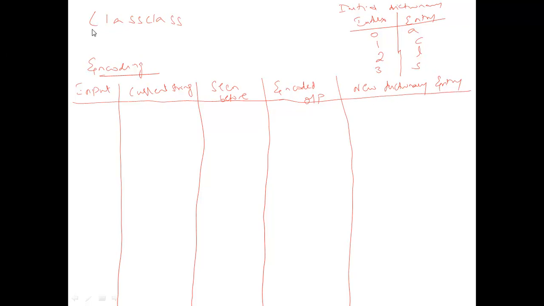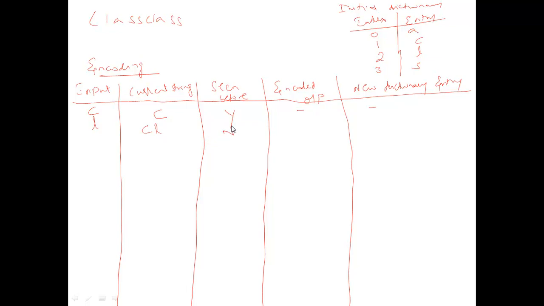So the first letter to be encoded is C. So the first input is C. Current string is the same, C. Whether we have seen this before: yes, C is already there in the initial dictionary. Whenever you have seen it, don't do anything, just leave it as it is. Next input is L. Current string is previous unencoded plus the current input. Previously the C is not at all encoded, you can see here. So you are going to use the previous unencoded C. Current input is L. Have you seen CL before in the dictionary? It is not there in the dictionary.